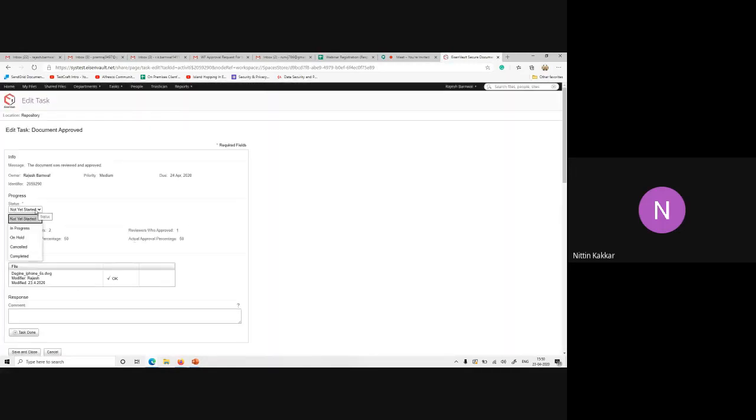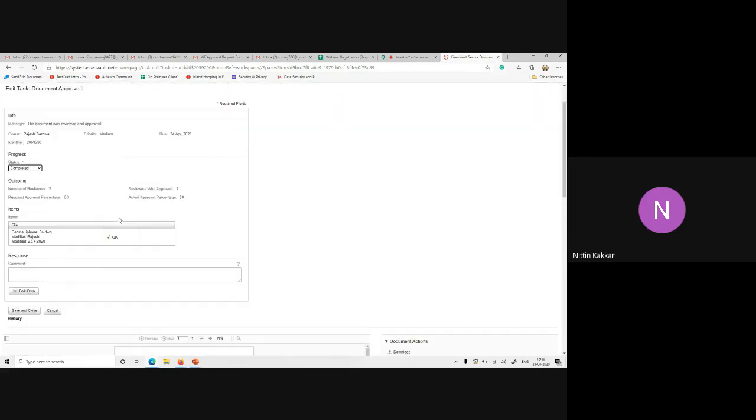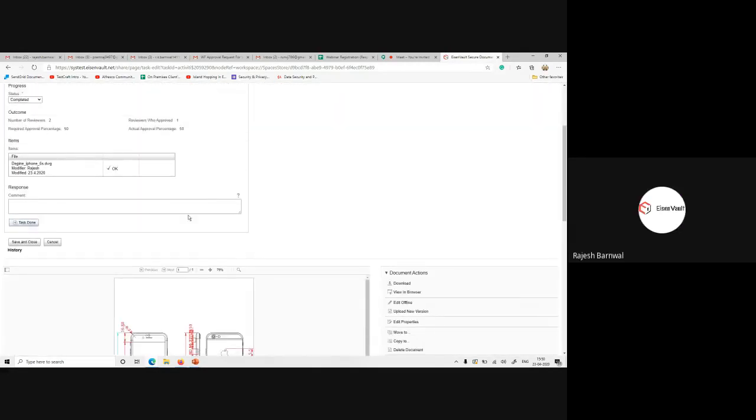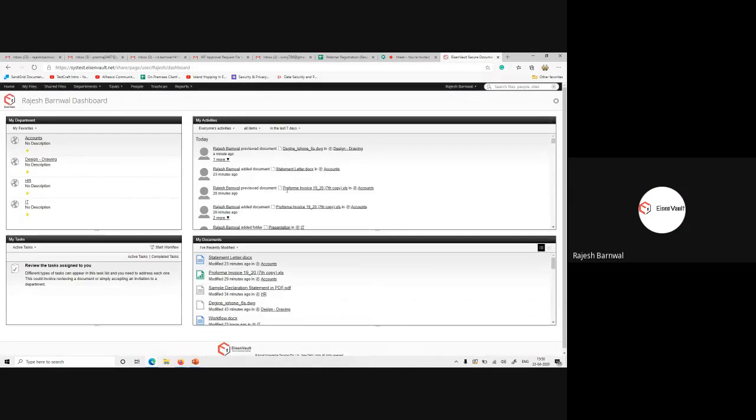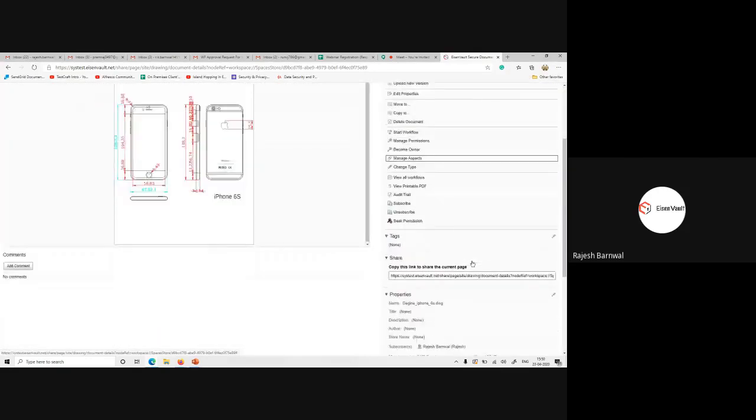If you want to change the status, just complete the task. Now you see the actual status to view the workflow, then it will show you completed instead of not yet started.